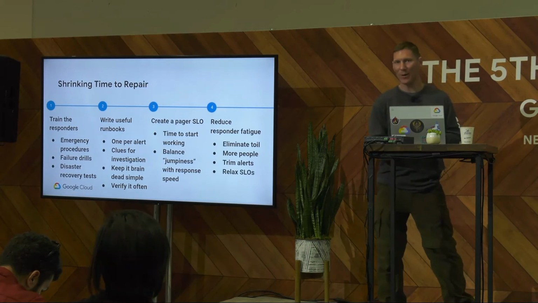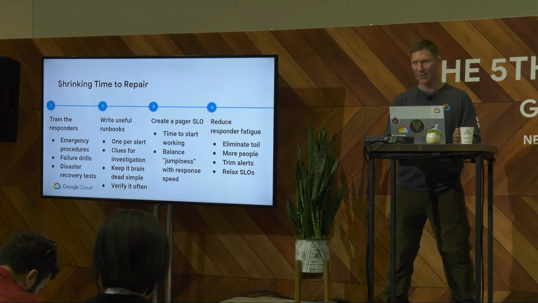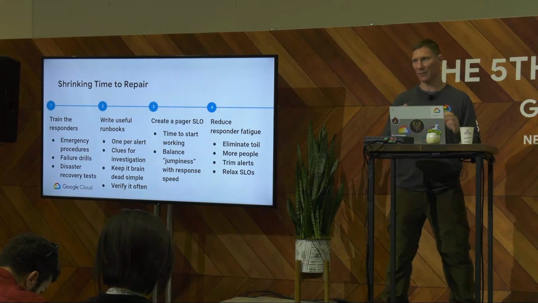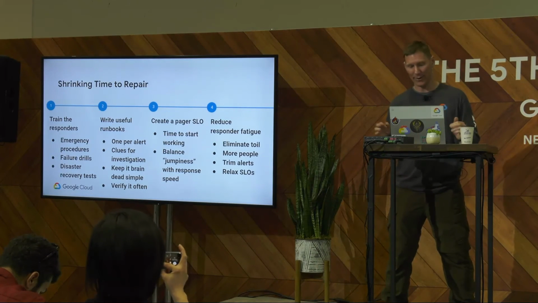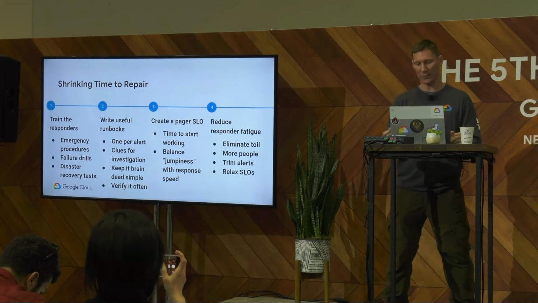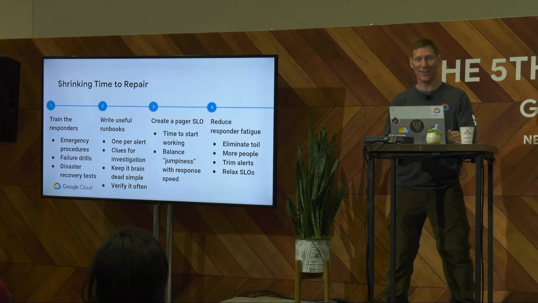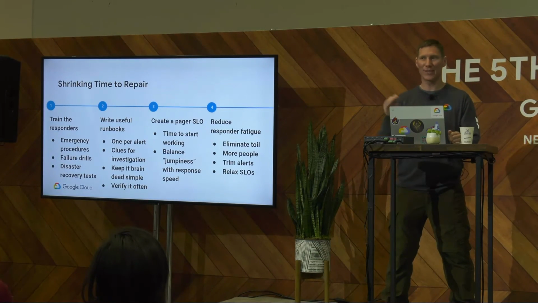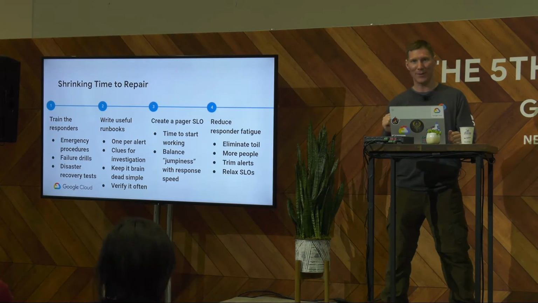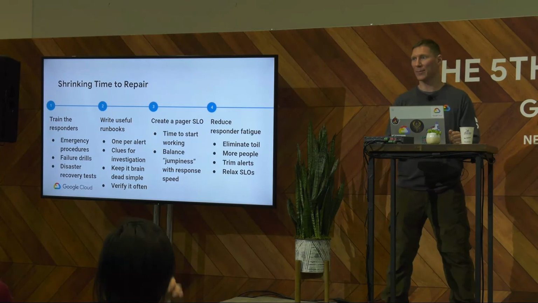And finally, you might be able to relax your SLOs. This can be your pager SLO, so you don't have to be so jumpy all the time, even when you're not getting pages. Or it could be your service SLO. I mean, do you really need all 5 nines? Maybe not. 5 nines is hard to hit. Maybe 4 nines, 3.5. Anything that brings it down a little bit and still keeps your users happy will make life a lot more bearable for the people that have to support it.